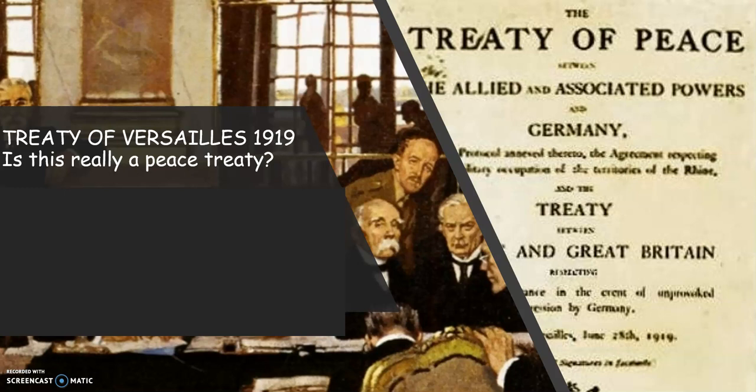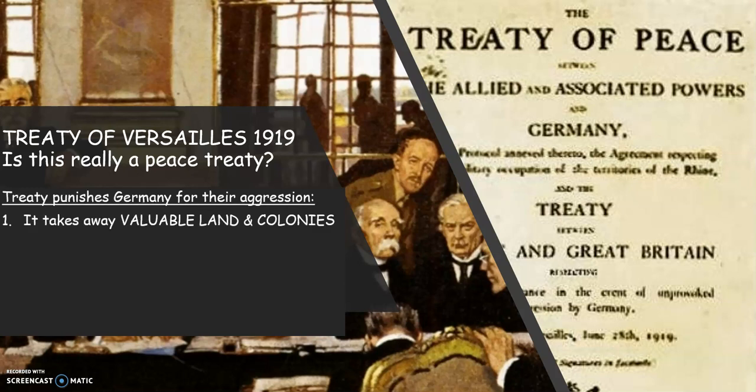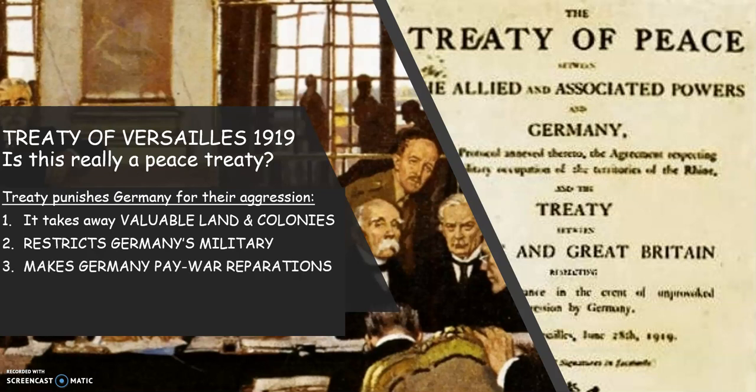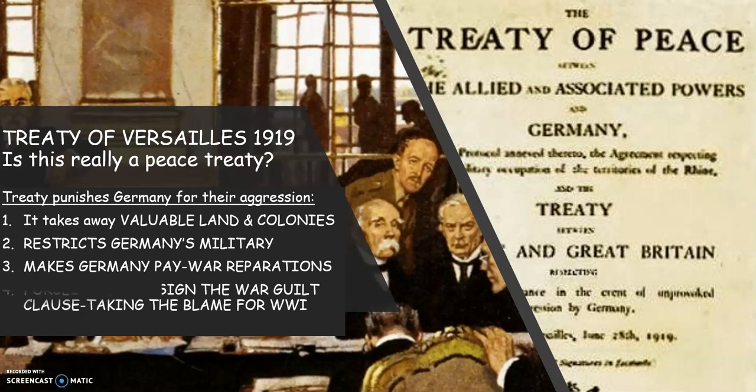The Treaty of Versailles, signed in 1919, blames Germany. Germany loses not only valuable land, they take all or most of the German colonies. They restrict the German military pretty much down to a police force. And Germany has to pay, and they have to pay dearly. They have to pay billions in German marks. And the only way they can get them to do this is by blaming them. They have to sign a war guilt clause that the whole thing is all Germany's fault.